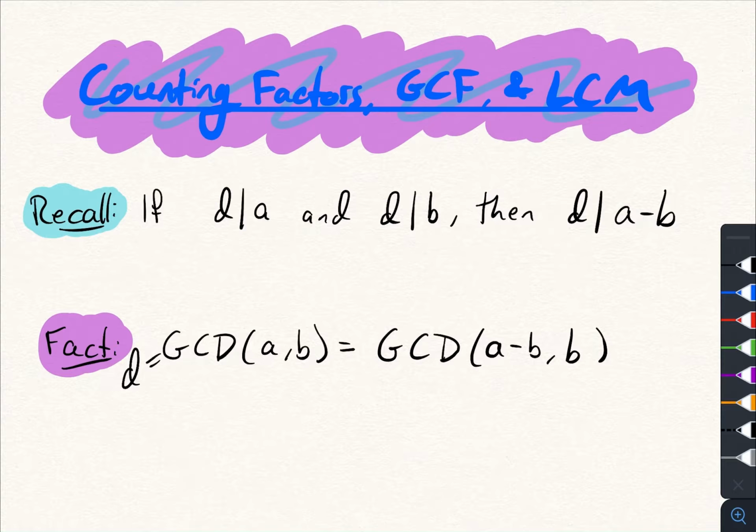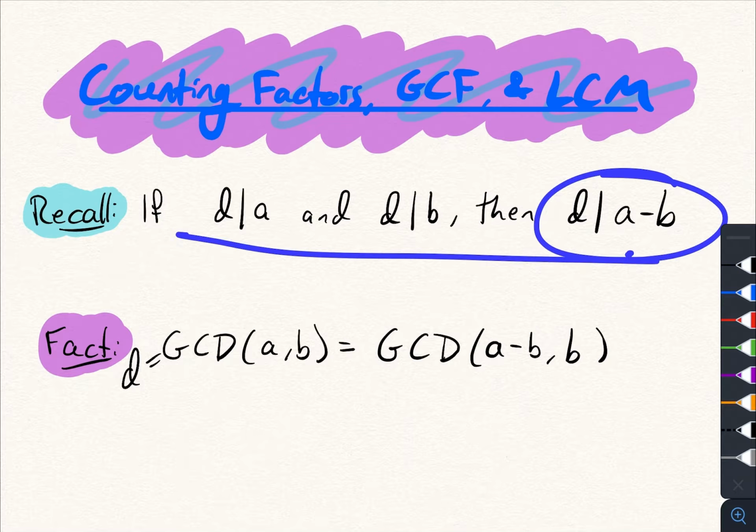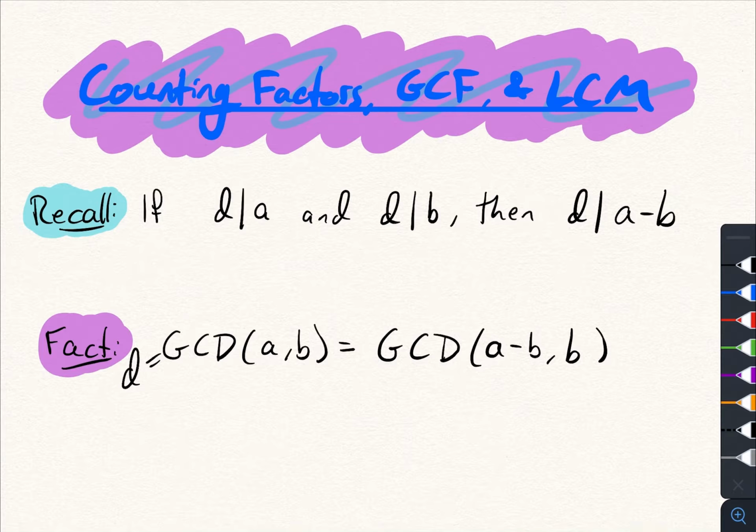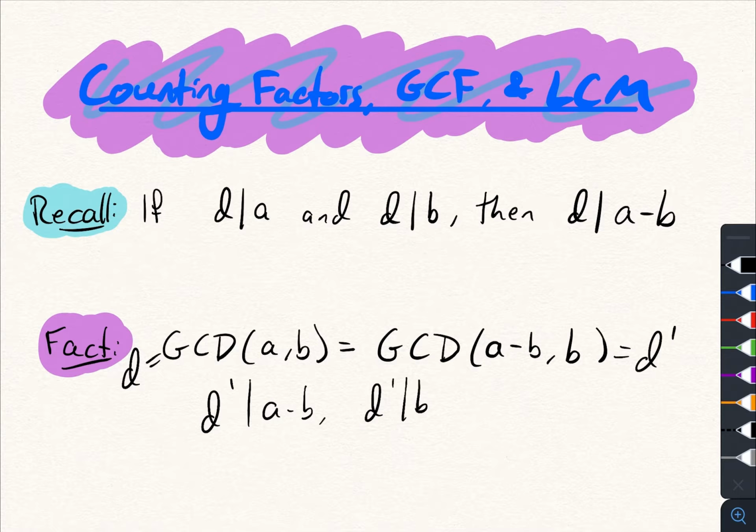Okay, and therefore, because of this fact, D is also going to be a divisor of A minus B. So if D is the GCD of A and B, then D is going to be a divisor of A minus B and B. Okay, well, why does it have to be the biggest one? Well, you could do the same sort of trick. You could say that if D prime is the GCD of A minus B and B, so D prime divides A minus B, and D prime divides B,